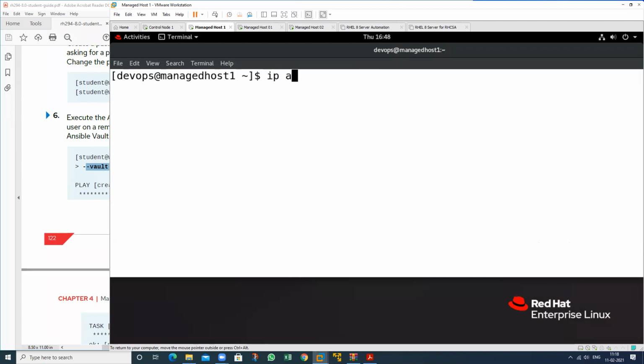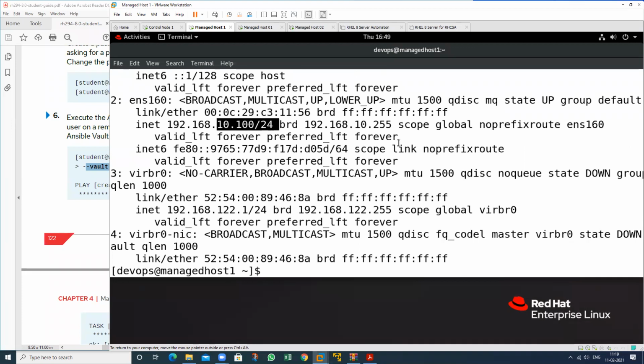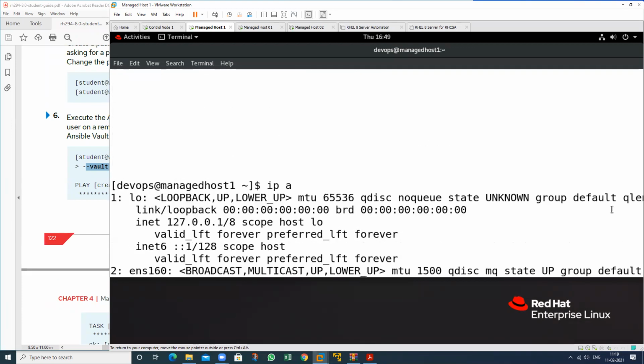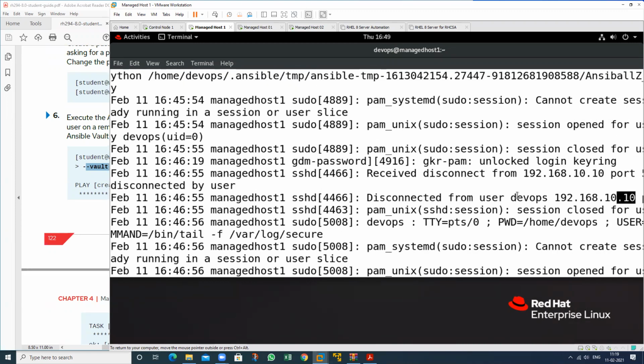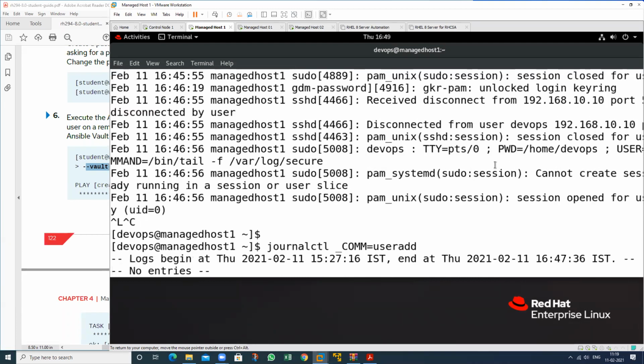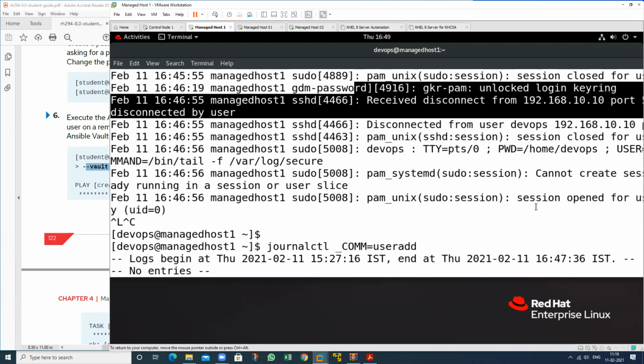Check, what is the IP of this one? This is 100, and the IP for the control node is this, so this machine created this particular user. By which user? It takes the session by the DevOps user. After that, it will take the sudo session, PTS 0. So it has all the logs.